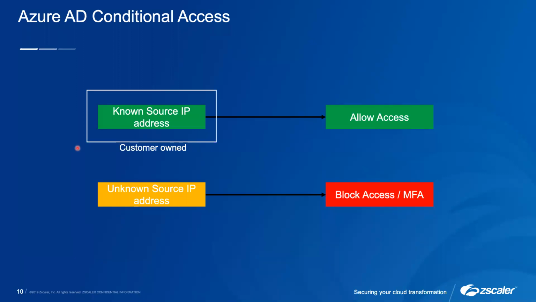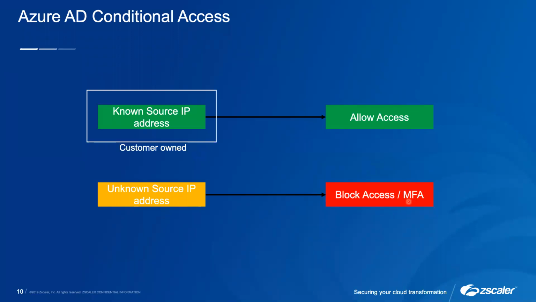And this is an example of what it's capable of doing. So if you see traffic coming from a known source IP address, and by known source IP address, I mean a customer-owned IP address that they can then add to the platform saying that x.x.x.x is my known IP address. Always trust this IP address. So if anything is coming from a known source IP address, you allow access. And if it's coming from an unknown source IP address, then you block access, or optionally you can prompt them